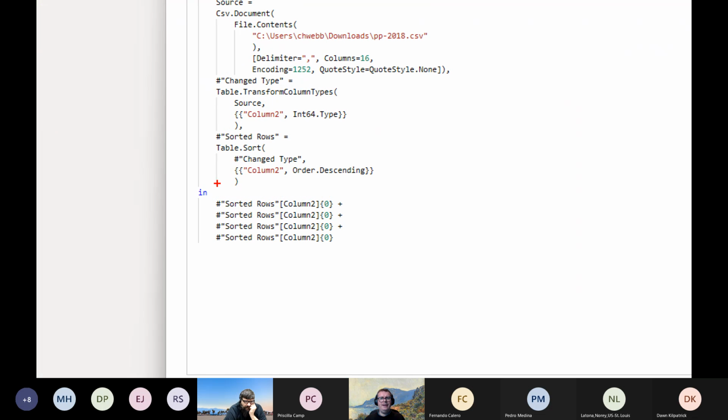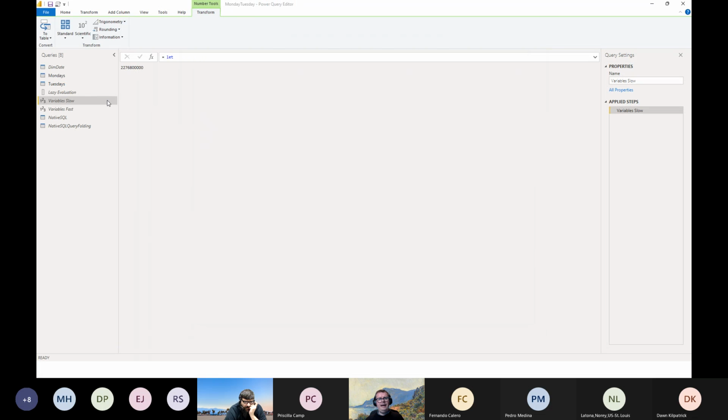And then what I'm doing is I'm saying, get the first value from column 2 in that sorted table. Now, in order to get the first value from the sorted table, we have to sort the table, which is going to take a certain amount of time. Now, this is the expression that gets the first value from the second column. And because I know it's a number, I am adding that together 4 times. Now, if I refresh this query,